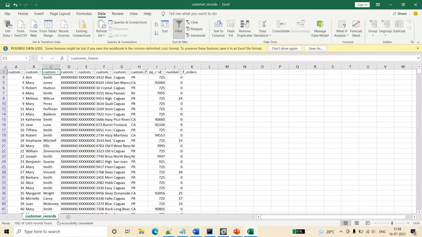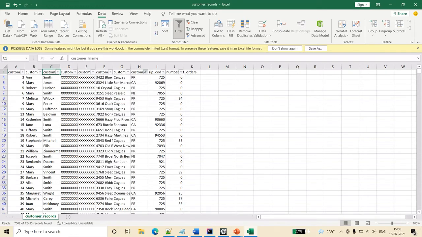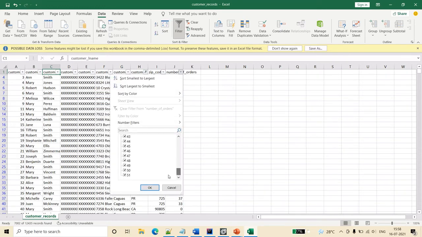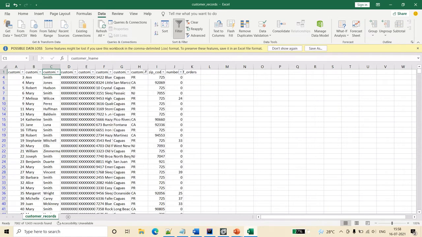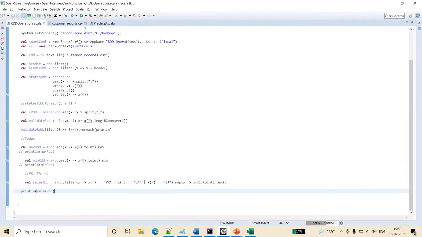I just filtered the customer state for the three state codes CA, PR and NJ, and the maximum value is 51. This is just for comparison, and I am showing you a very small file, friends, don't get confused. See, 51 is the answer it has printed. So this is how we filter. We apply the filter first and then get the maximum value out of it.